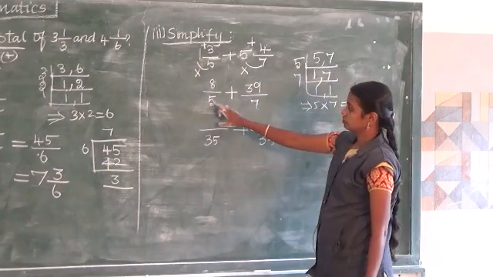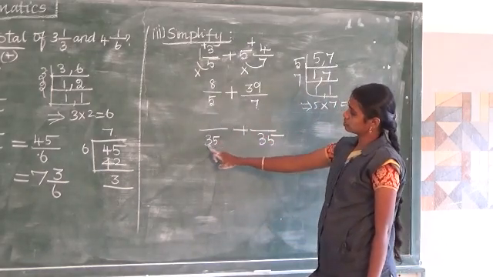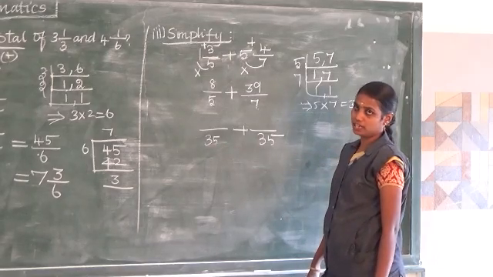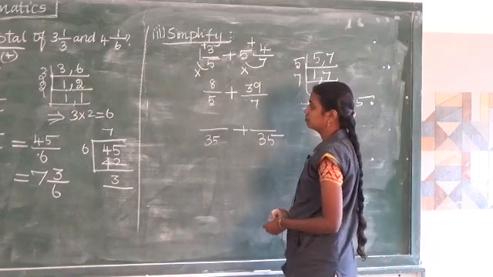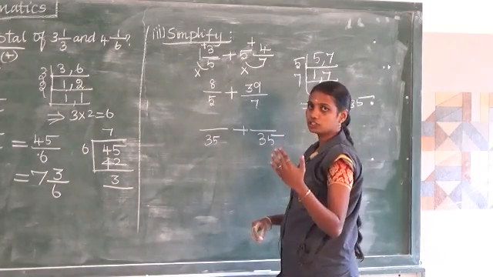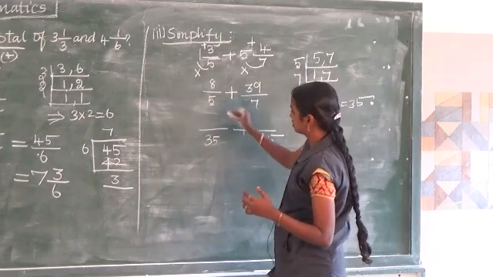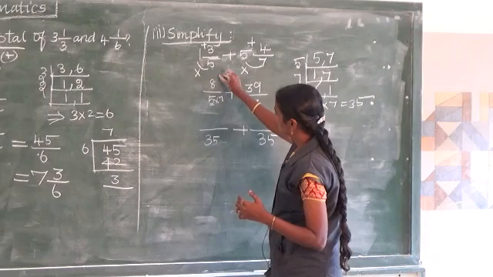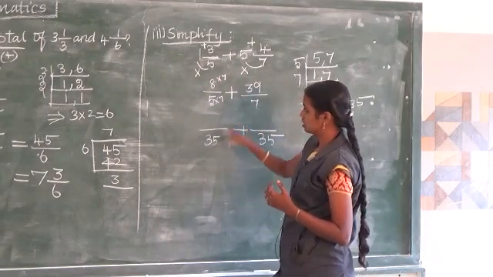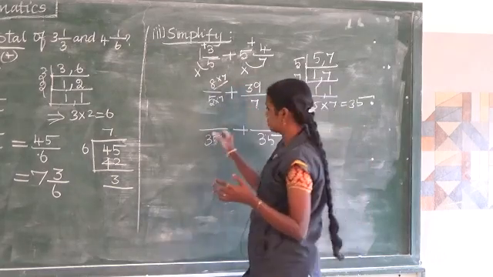So now 5, here it was. If you multiply by which number, you will get 35? So 5 table. 5 ones are 5, like that you have to say. We know that 5 5s are 25, 5 6s are 30, 5 7s are 35. So here also multiply by 7. Already 35 is here. Here alone you multiply. 8 7s are 56.